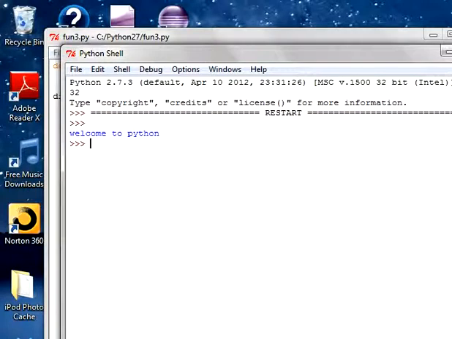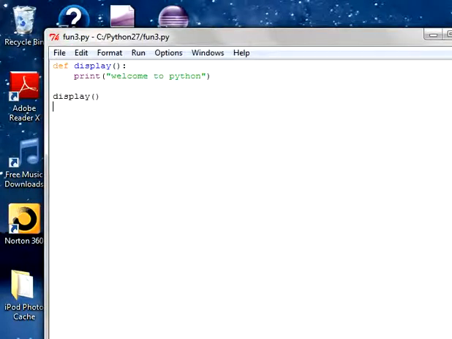So I will tell in brief how welcome to Python is displayed. The compiler comes here, it will see the function definition here. Then again it doesn't print anything on the screen, and again it will go here. It will realize that we are calling this function here. So it will see the function call, then it will go to that function, go to the definition, and it is going to print welcome to Python.